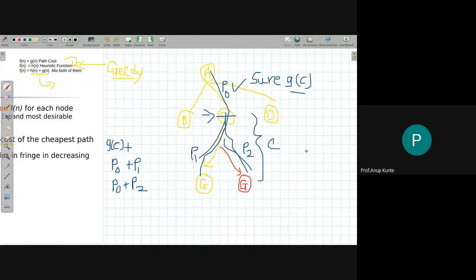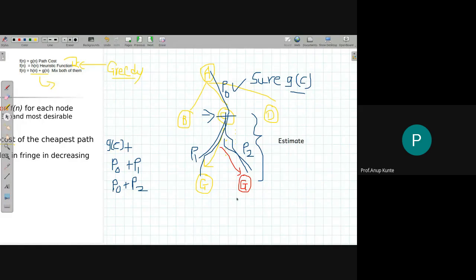Sorry, I should use the... I often miss that it is below. So we can only estimate the cost for reaching the goal node from the initial node. And there may be multiple paths reaching the goal node, or there may be a single path. Even if there is a single path or multiple paths, I don't know the exact amount of cost that I would incur in future when I actually reach the goal node, because I have not yet found the goal node. So I am not sure how much cost it is going to be. So this is nothing but some estimation of the cost to reach the goal node.